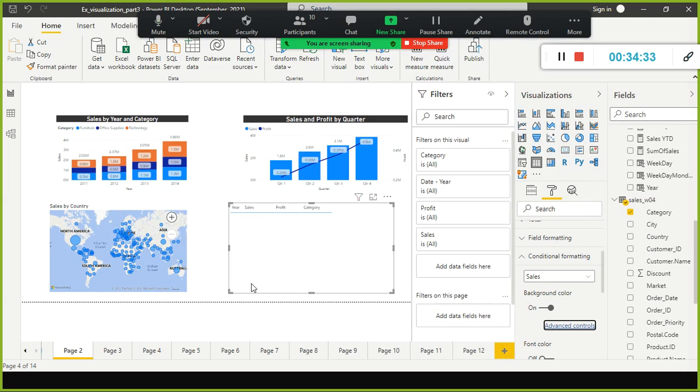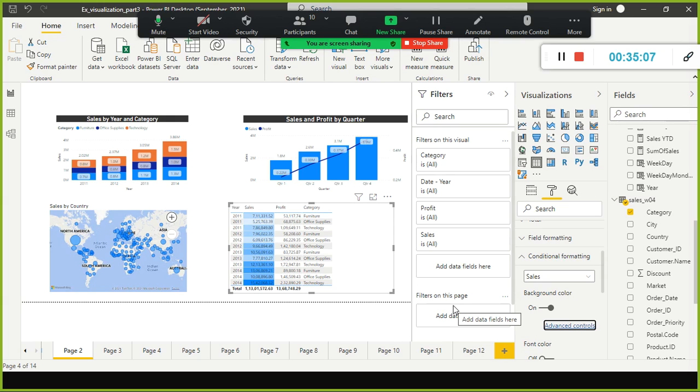Look here, the darker color tells me that these are all the high sale values, and the low sales are in lighter color. The darker the color, the higher the sales. The lighter the color, the lesser the sales. The moderate blue color are the medium sales.